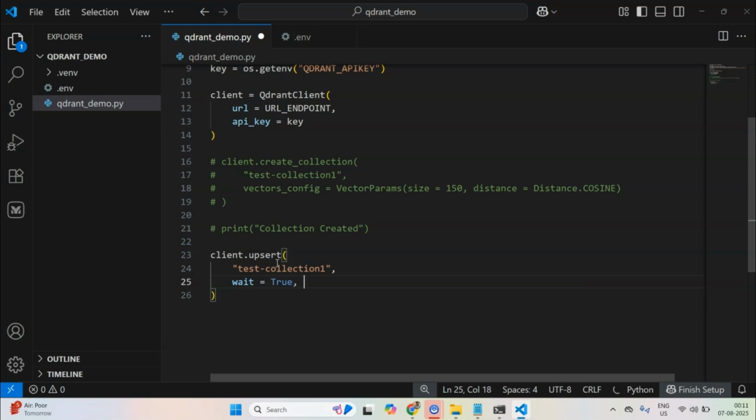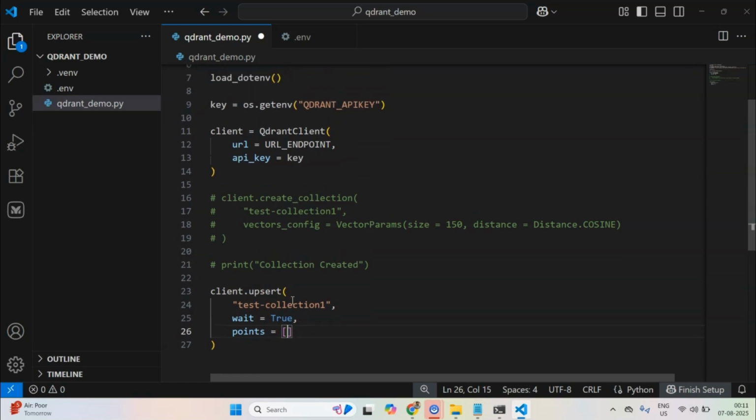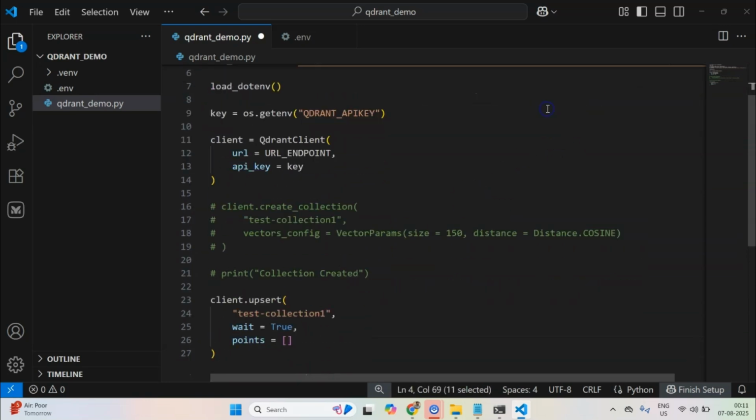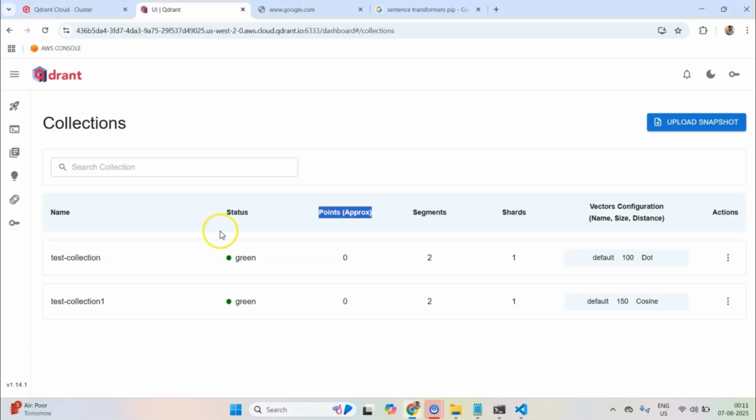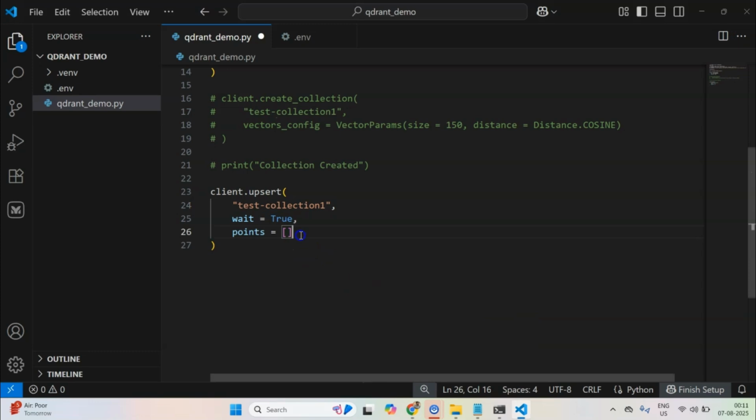So we can put it to true, and then there is the actual points list, and this list should contain elements of the type PointStruct. Okay, so since this collection, let me show you again, has a default size of 150, we should be having 150 points.